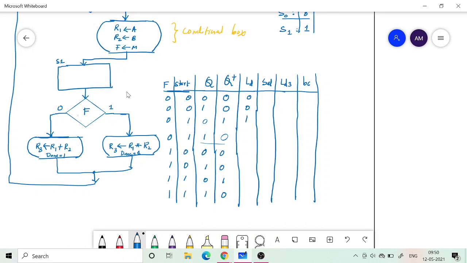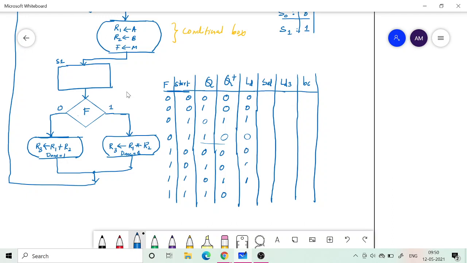Is that clear? And here I should not load. Here I should keep the previous data, whatever I loaded, it should be kept there. Then only it will be available for multiplication or addition, right? So there is only one place I should load, that is when start equal to 1, Q equal to 0. And here also there is start equal to 1, Q equal to 0. So I should load here, irrespective of what the content of F is. I should not depend on that.